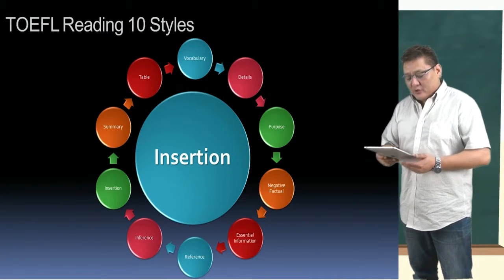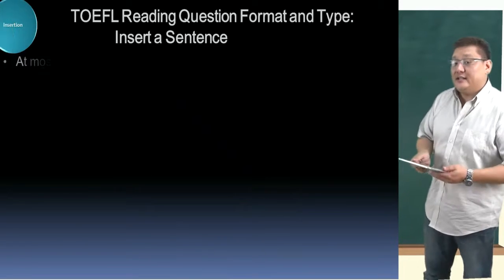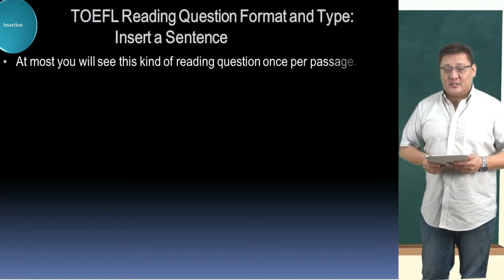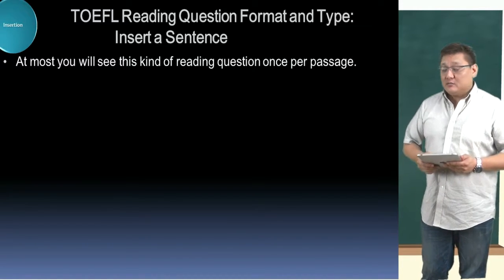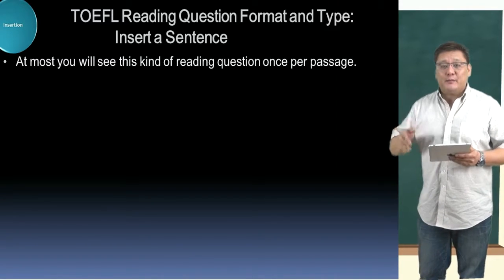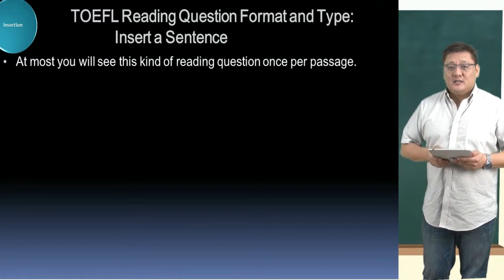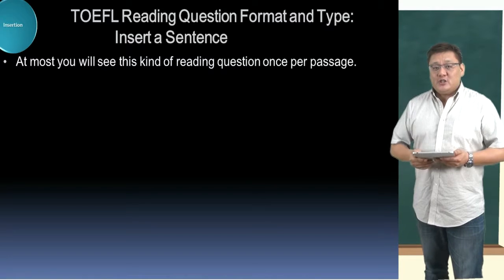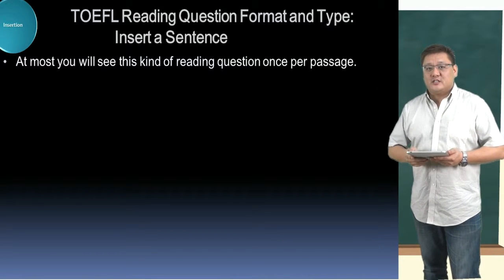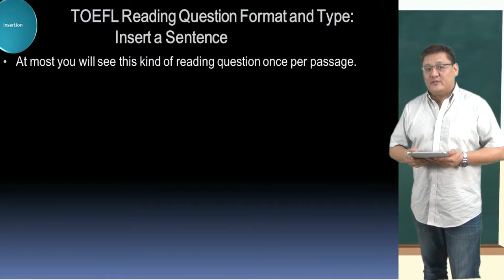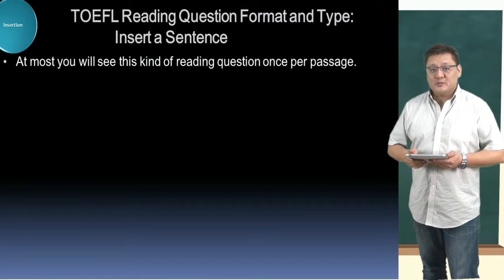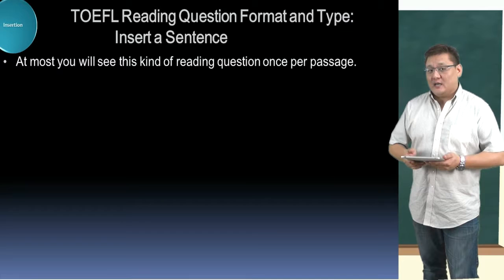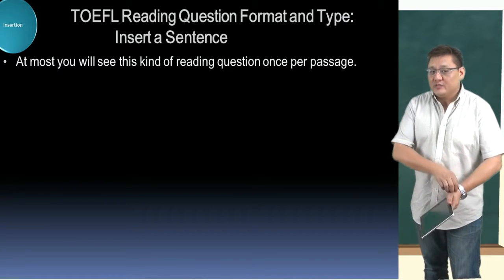Insertion. At most, you will see this kind of reading question at least once per passage. Okay, so there's 3 passages that will be graded, right? So passage 하나에 한 번만 나오는 거야. Okay? 그럼 너는 그래도 한 번만 나와도 신경 안 써도 되겠네. No. Each point is considered 72% of a point. Okay? 그 뜻이 뭐냐면은 2개면은 what is it? 1.4. 3개면은 it really does count.